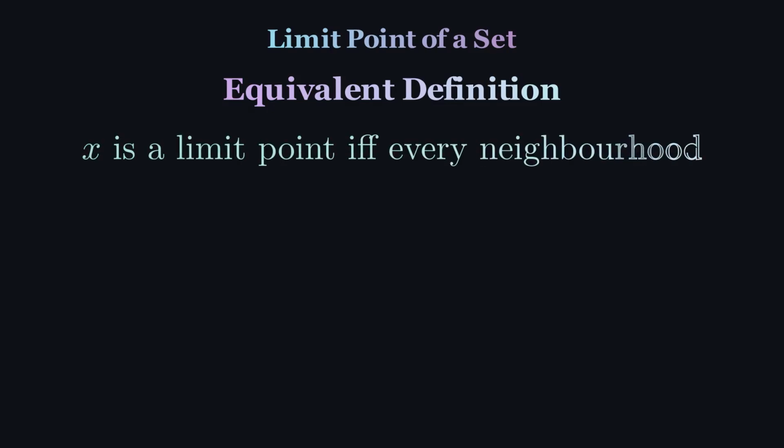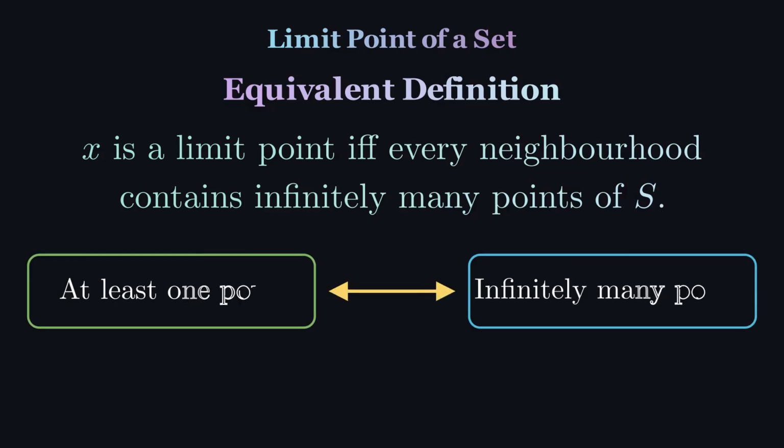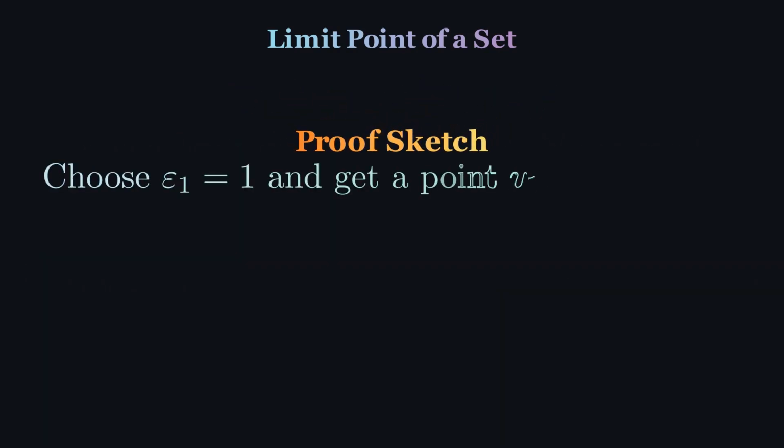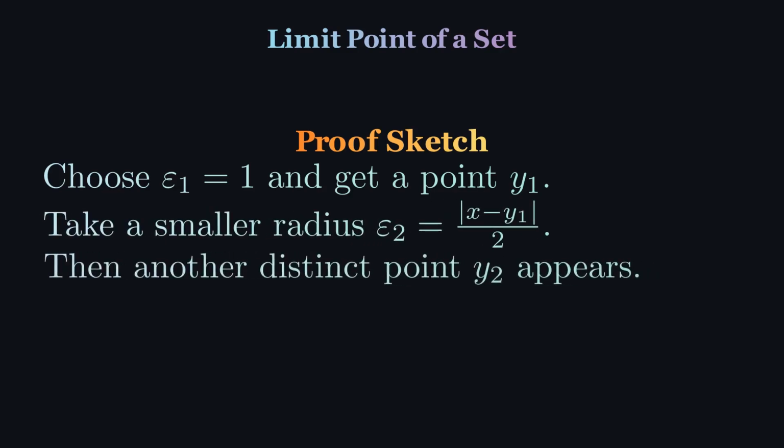The notion of a dense set can be defined in terms of limit point. The topological notion of compactness can be defined in terms of limit point. The limit point of a set, the limit of a sequence, and the limit point of a sequence are three different things, although they are closely related.